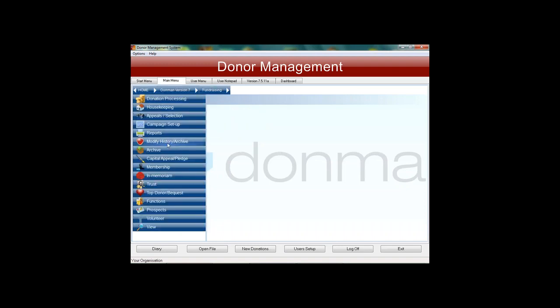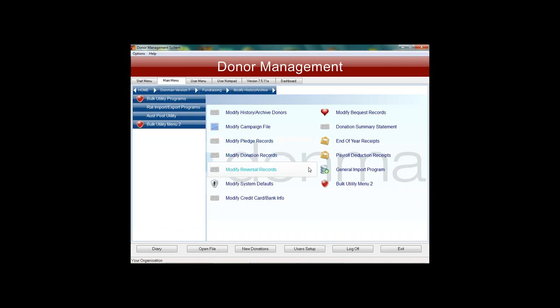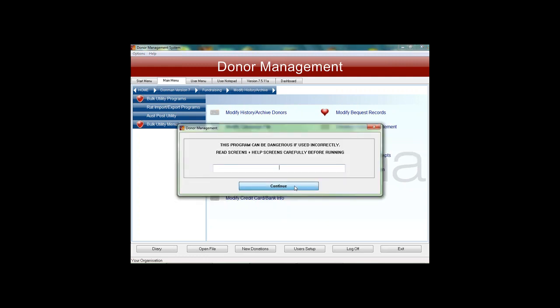into Modify History Archive, where normally I'll have the password, and I think just about everyone who touches Donman knows what that password is by now. If not, just ask us and we'll tell you. When you go into there, on the right-hand side of the menu, you'll see end-of-year receipts. This is the program that's been specifically written to allow us to do that receipting and create one receipt number for the whole 12 or whatever number of donations the person's given you in the period that we're about to stipulate. So when I run the program,